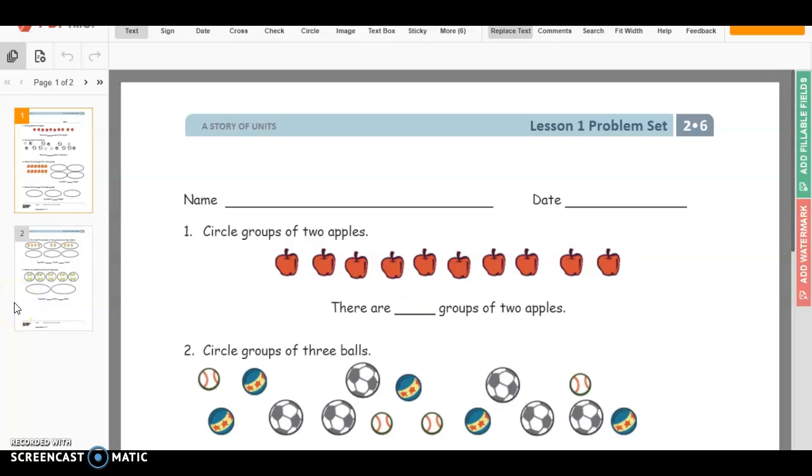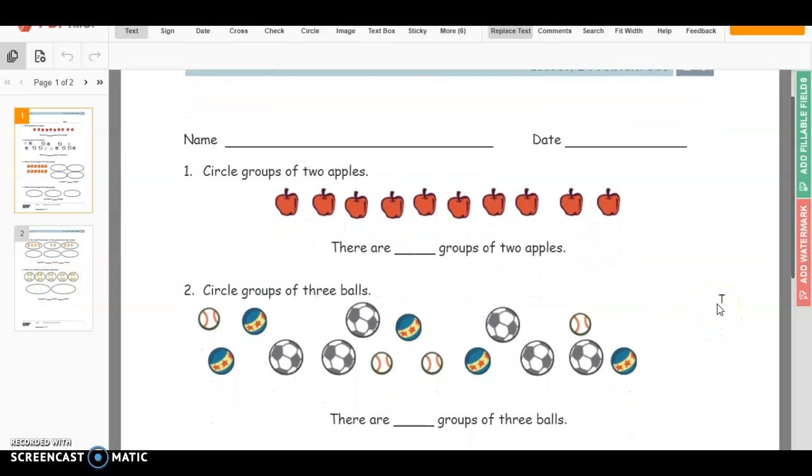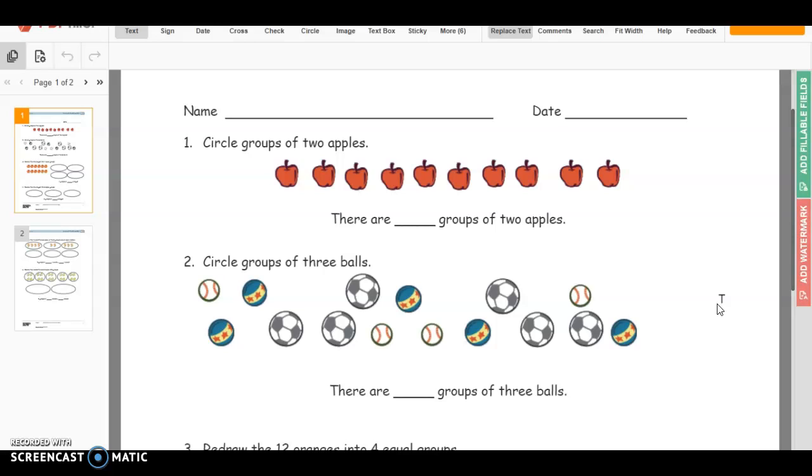Hi, today we're going to be going over our Module 6, Lesson 1 problem set. I'm going to read the questions and work them so that you can use this to check your answers from yesterday's problem set. Number 1 says circle